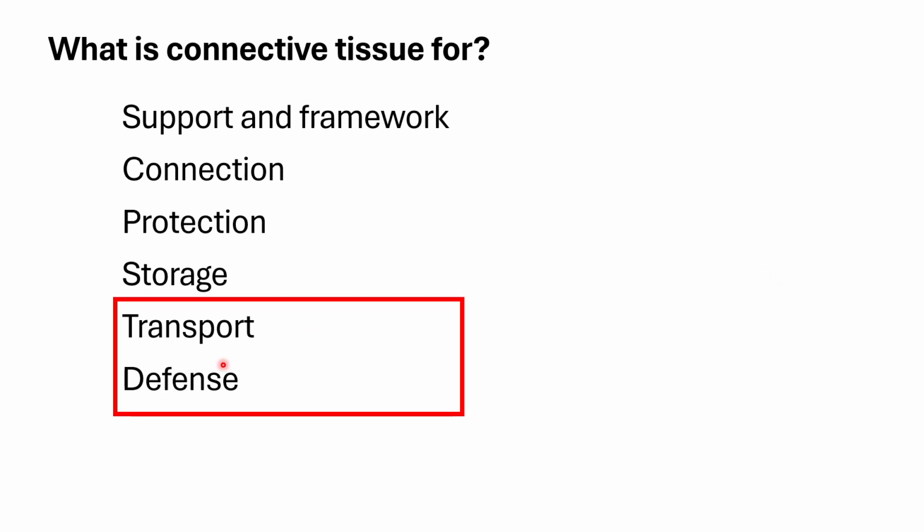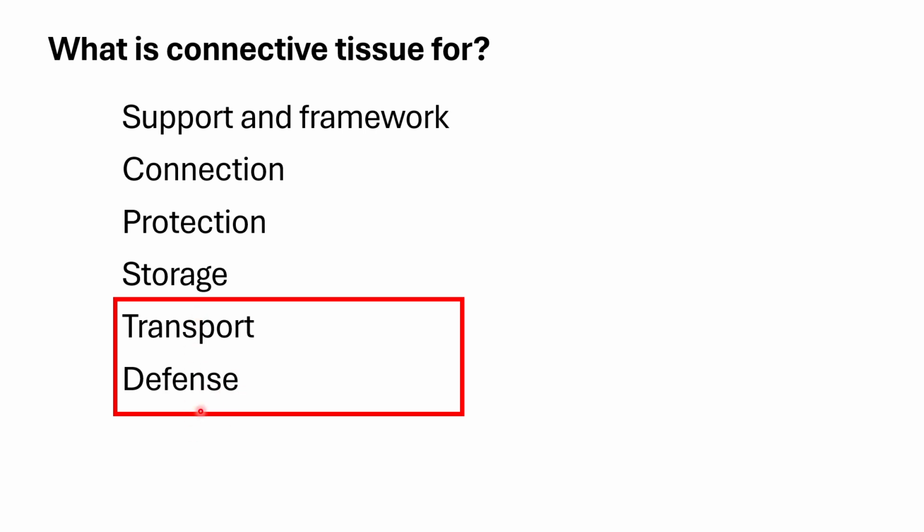Okay? For the functions of your connective tissue, your blood and your marrows are functioning both for the transport and defense, right? Transport of what? Especially for the peripheral blood, it transports your red blood cells, white blood cells, hormones, chemicals, nutrients, and other stuff which is needed by the body, which is transported by the blood from various parts of the body to another part. For example, oxygen, right? So the oxygenated blood should be able to reach the endpoints of the other parts of the body.